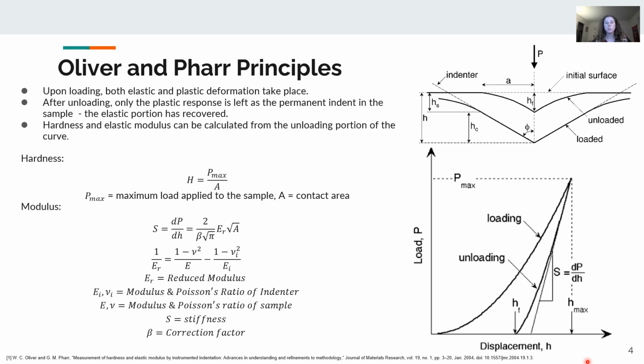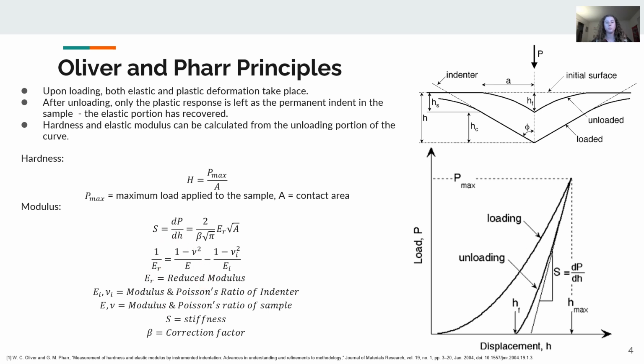For modulus, it's a little more complex. A maximum stiffness is derived from the slope of the tangent line of the unloading curve at the maximum depth of the sample. And from this stiffness, using the contact area and then a geometrical correction factor for the tip, beta, you can get a value for the reduced modulus of the system. And then using the reduced modulus value, the modulus and Poisson's ratio of the indenter tip, and also the Poisson's ratio of the sample, you can get a value for the